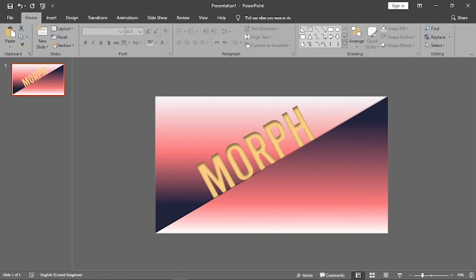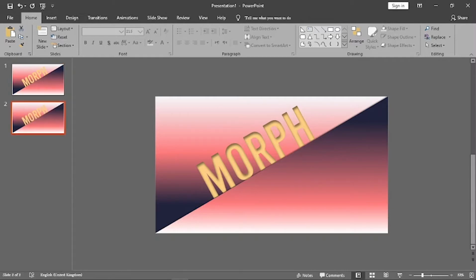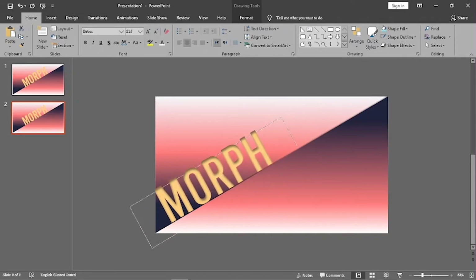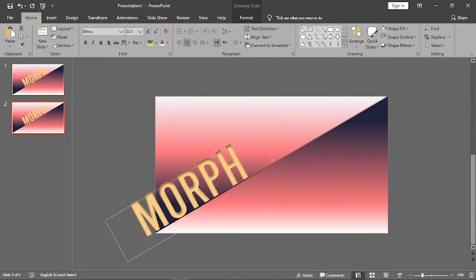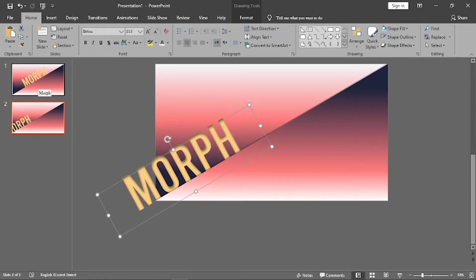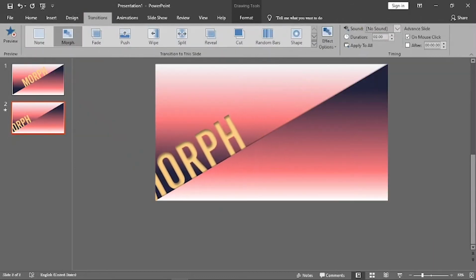Let's jump right in. Okay, first of all, you want to create the object. Here I use the text "morph", and then you can just duplicate the slides. You can right click and press Duplicate Slide, and on the duplicated slide, here on slide 2, you can just move your object where you want it to move. I wanna place it right there, like that, and then go to Transitions and click Morph. See, now your object is moving,